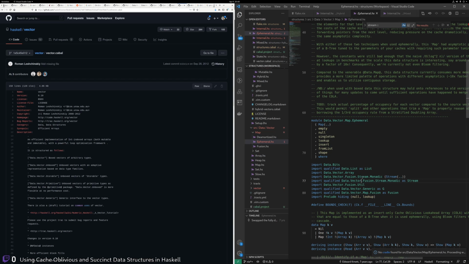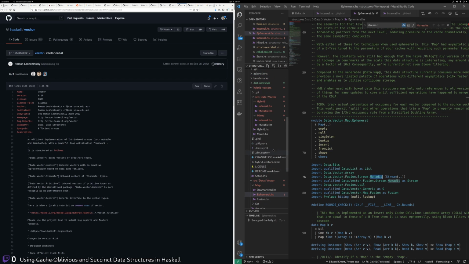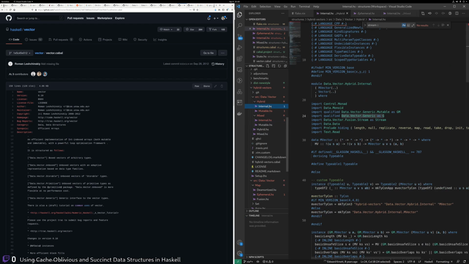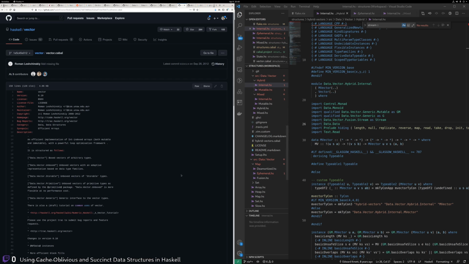it's actually data vector fusion stream monadic. So that's actually using the more recent API. It's hybrid vector that is not. So maybe it's just hybrid vectors that I haven't chosen carefully enough. And I'm focusing on vector, but maybe vector is fine. Okay, so let's